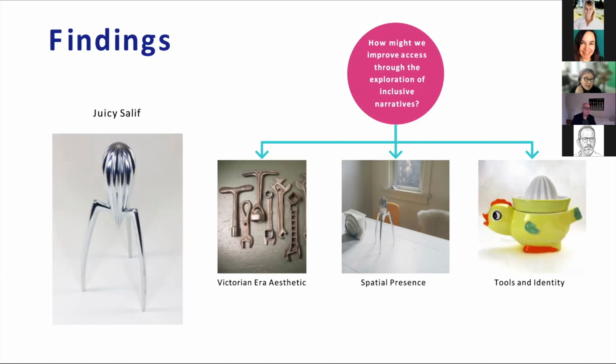And lastly, the photo of the lemon juicer, shaped kind of like a chicken, speaks about how the lemon juicer can be interpreted as a tool whose function is mainly a reflection of a person's identity. All right. And then on the next slide, if there's time,